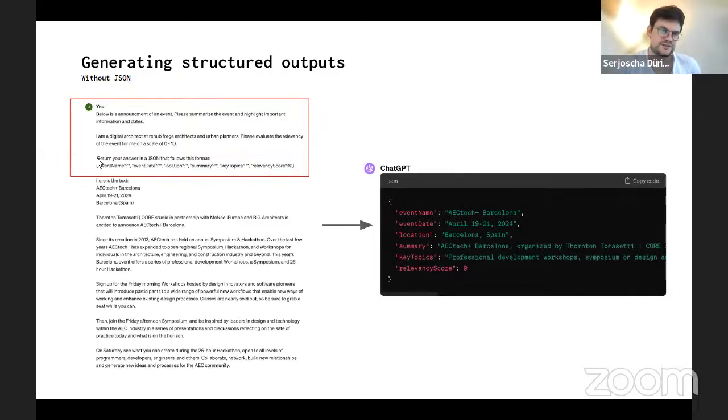However, if we change the prompt and mention that it should answer in a JSON format with specific keys we tell it to use, the whole thing changes. This could then be the output of the model. And now we have predefined keys like event name, event date, locations, and so on. And these keys we can pick up with a Python script and do other stuff with.